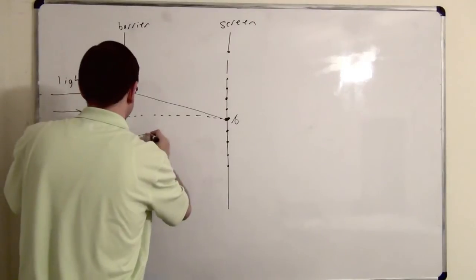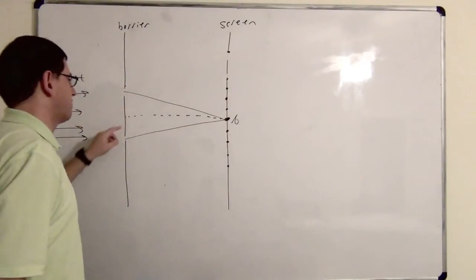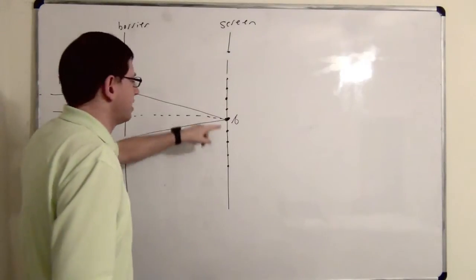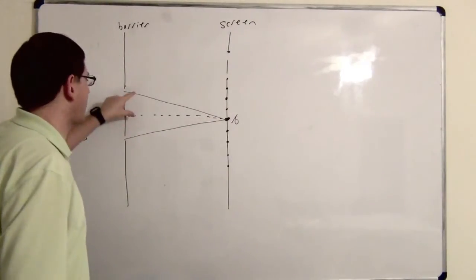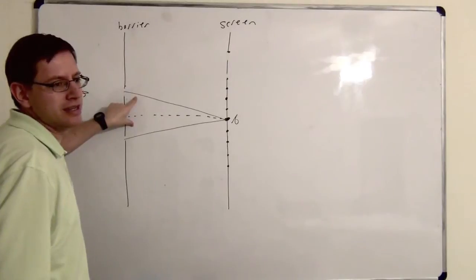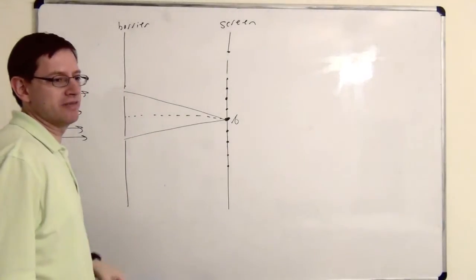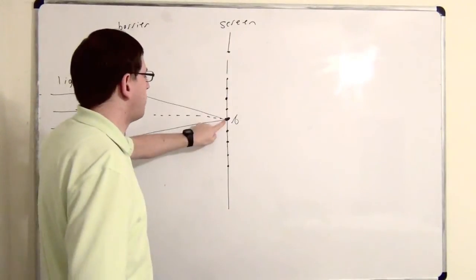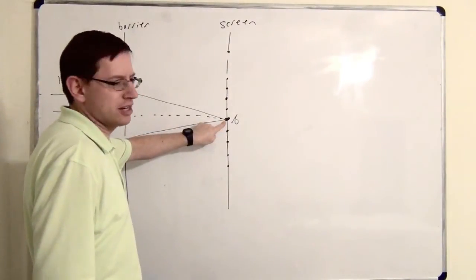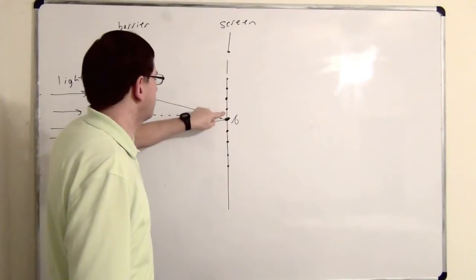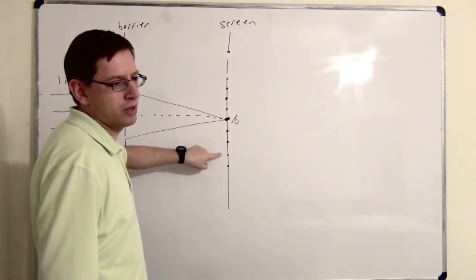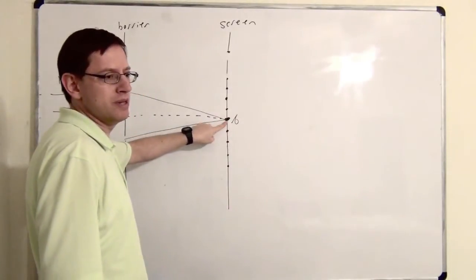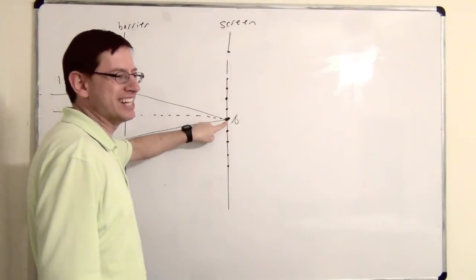Since this is in the center, symmetry tells us, because by definition this principal axis is halfway between the two slits, they travel the same distance. So what would be the path length difference for these two rays? 0. So obviously if they started in phase, they would end up in phase. So notice this is the only point that you can predict without extra information. Without extra information, we don't know whether any of these other points would be bright or dark. But we know that the central spot must always be bright. Okay, good.